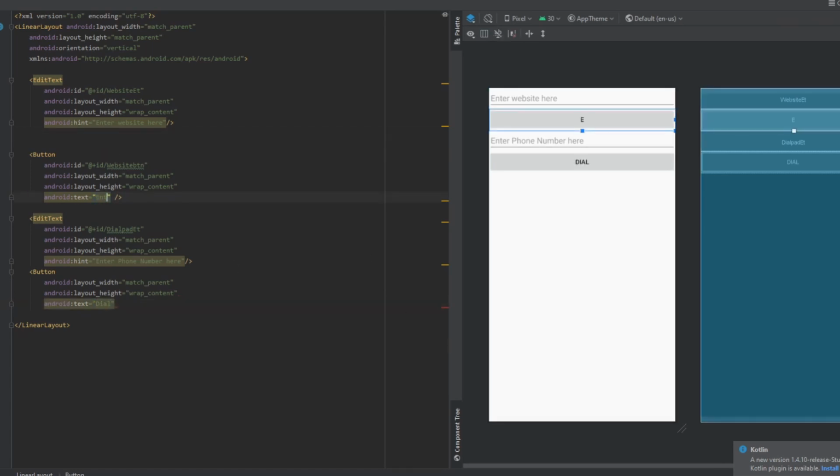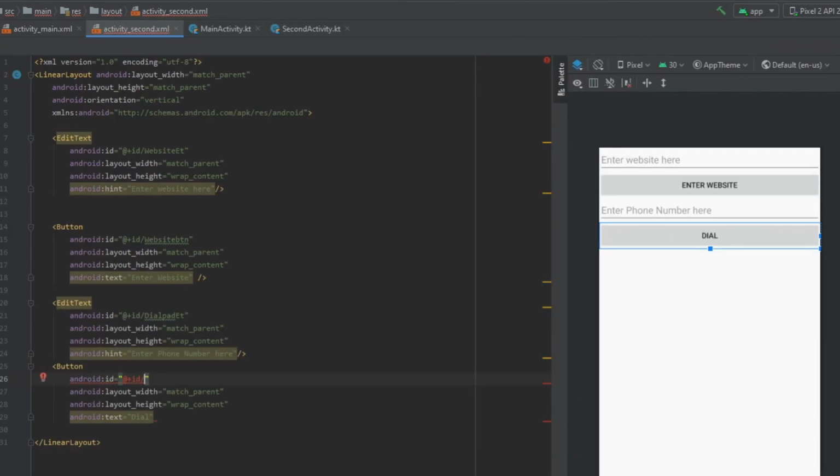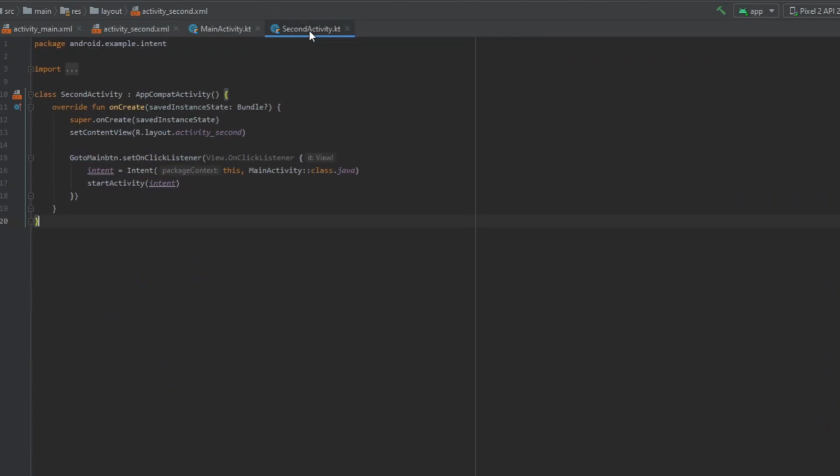Enter website. And do not forget to add IDs to your buttons that you will use, including edit text. So I'm gonna call it dial button and close it here. So you can see we are done with our UI. Just a simple, basic UI. Then we proceed to